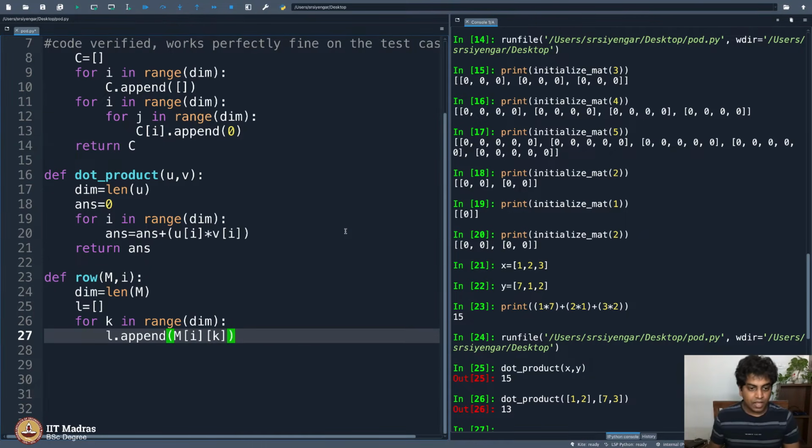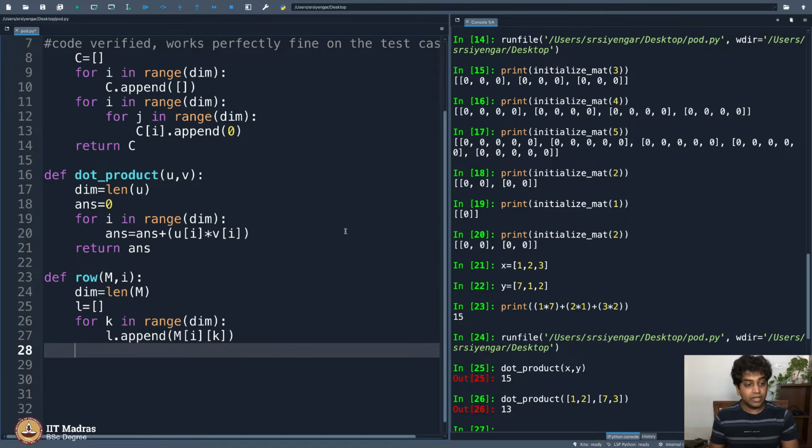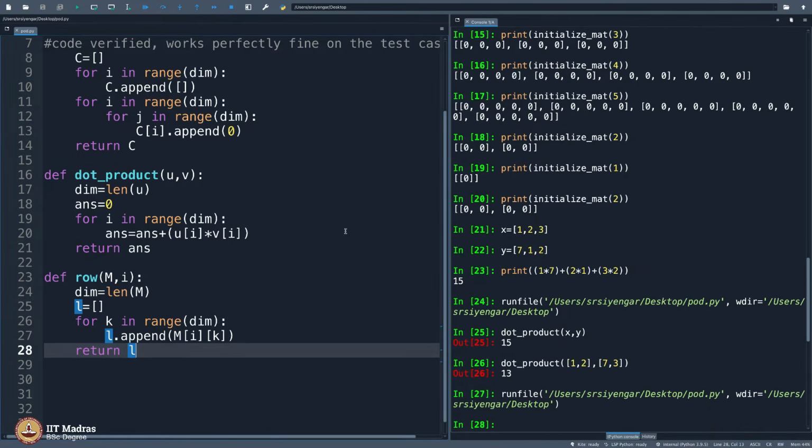Clear? Okay, good. However clear it is, even if the code is wrong, if the output is right, I will not care. Right? So return L. Let me see if this works or not. No error. So far so good. So I will take my matrix. Let me take a matrix A, which is